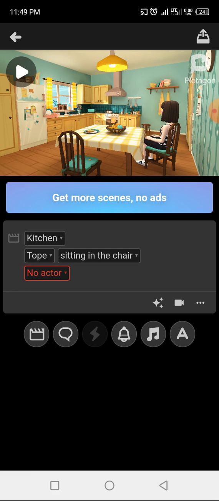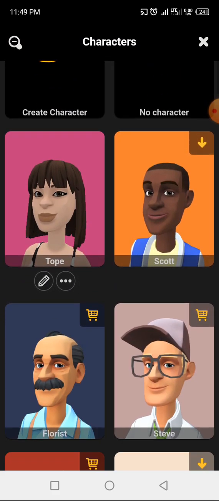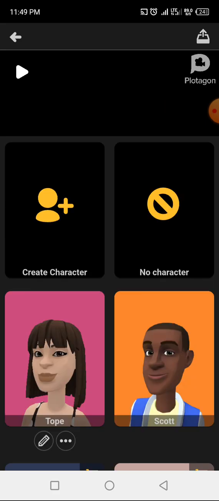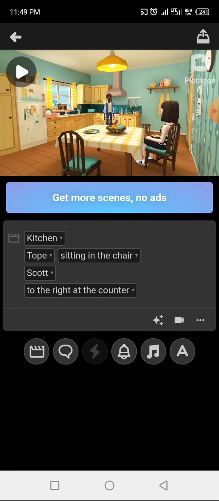So I can add another actor. So this time I'm going to pick this Scott. So that's how to add your character. But because we are using the free version, you won't be able to change scenes. So for this particular video, I'll be using just this particular kitchen scene. If you want more, you may need to save this video, then come back again, pick another scene, do another video, then you use maybe CapCut or InShot to join the videos together